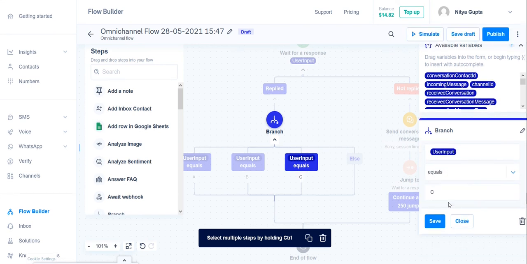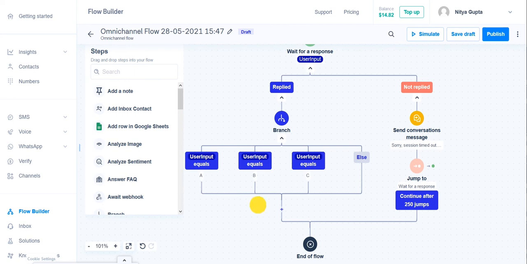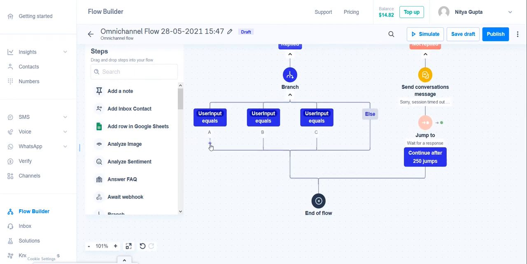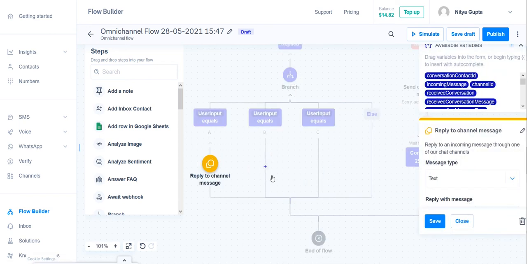Alright, let's add a reply to channel message step on all three nodes to print user input. Add the reply message: user input is great choice.